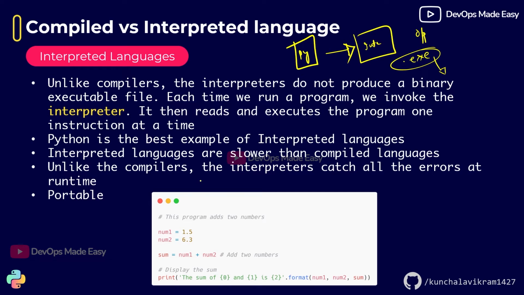Unlike the compilers, which usually catch the errors during the compilation time, the interpreters do not catch all the errors during the interpreter stage. Instead, interpreters catch errors during the runtime of your program. And interpreted languages are basically portable. So there is a lot to be known about this keyword portable, because the Python program which we usually write in Windows can be easily run in Linux or Mac operating systems, unlike the compiled languages. So we call this portable,